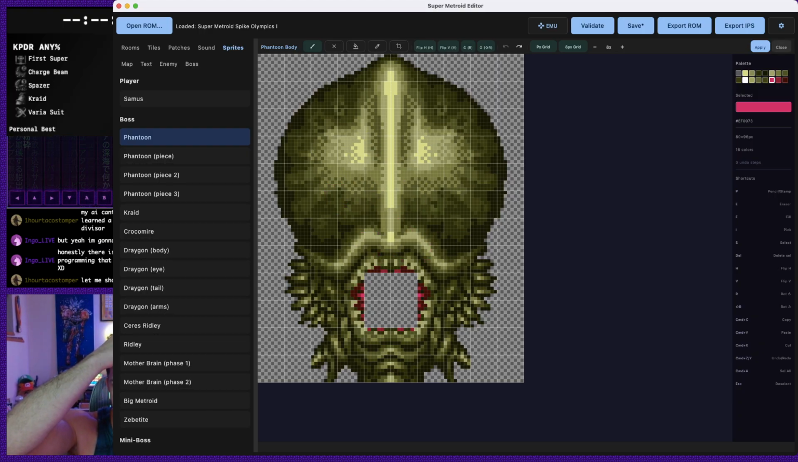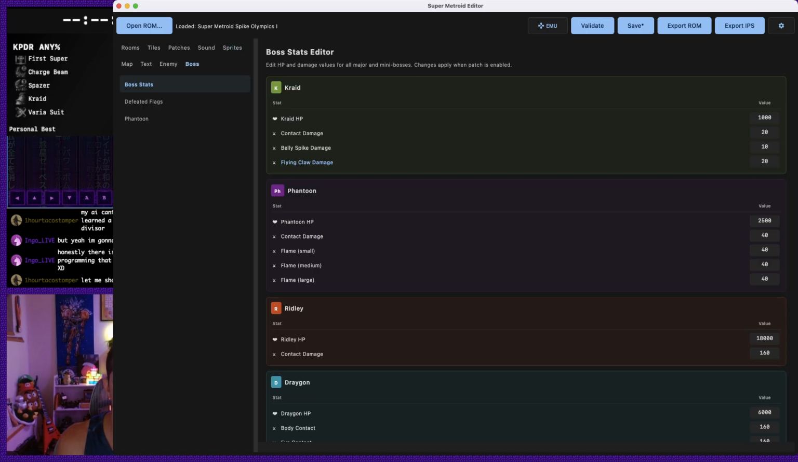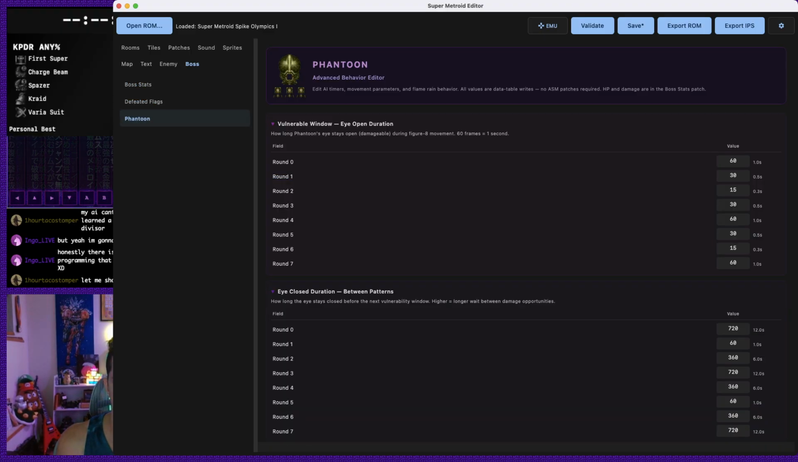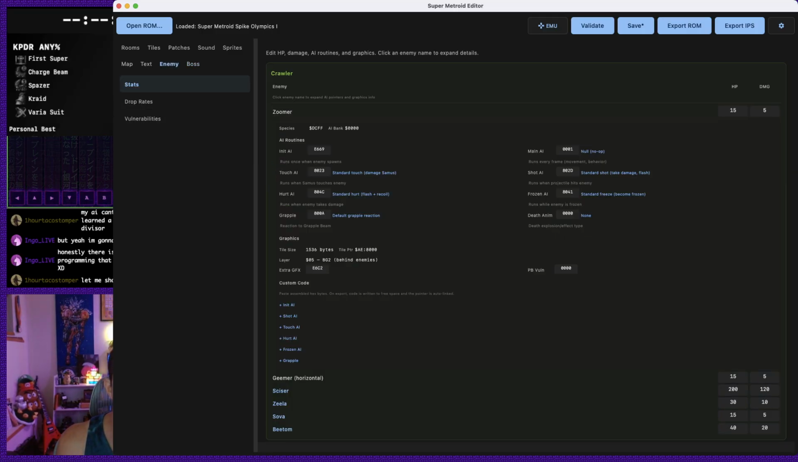We can also export images, like we can export a PNG if we want, maybe because you want to edit locally and re-upload it into this. Boss properties. Let's look at Kraid and change his life. Defeated flags. Specific Phantoon AI overrides for a lot more custom Phantoon tuning. Enemies, we can click on an enemy and then change its AI properties and other properties about it, so you can switch different AI routines or just movement routines. Drop rates,